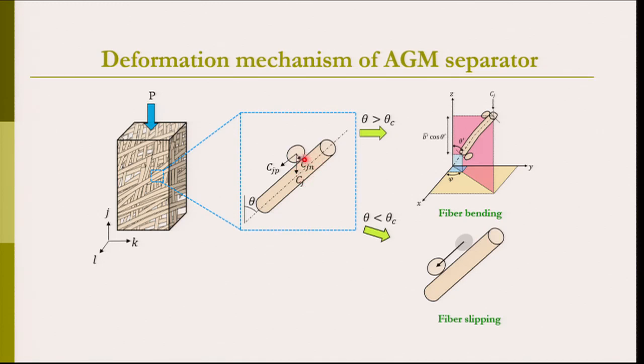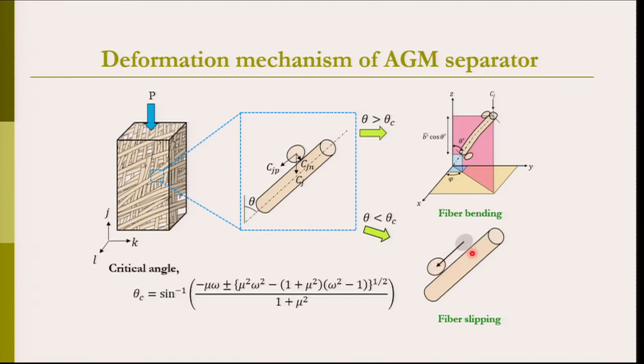One of the possibilities is that the fiber can bend, which is shown here, and or the fiber can slip, but that depends upon a certain critical polar angle, and we already know what a polar angle is, which is the out of plane orientation angle of the fibers. So, when you apply a load Cj on the fibers, there is a chance that the fiber can either bend or slip, as shown in the lower figure, but that depends upon the critical angle, and the critical polar angle depends upon the frictional properties, that means the coefficient of friction,